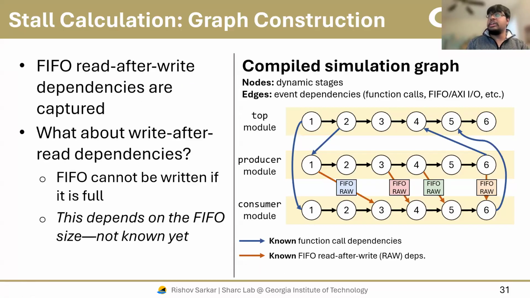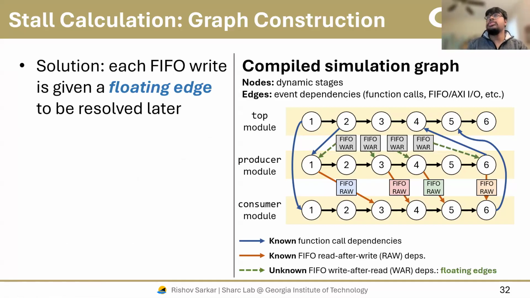So essentially, you can imagine that, for example, this second write of the producer, if the FIFO size is only 1, then it's going to have to wait until the first element is read from the FIFO. But if the FIFO size is more than 1, then this can proceed immediately without having to wait. So the edge for the write after read dependency for this node is actually not known yet until we know the FIFO size. So our solution is to create floating edges, which are just